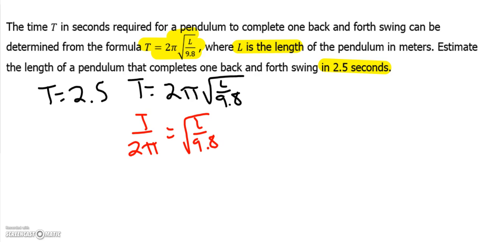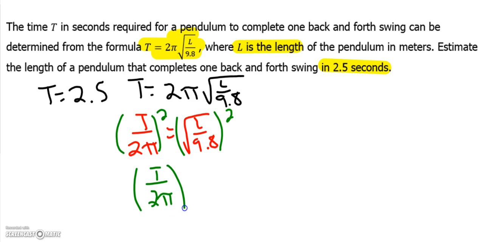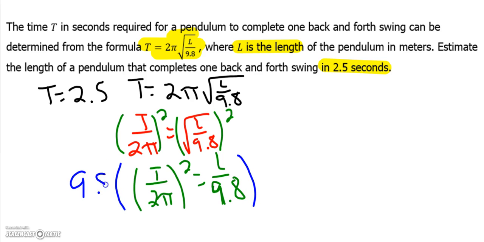Now, looking at this, what is the only function that undoes the square root function? The squared function. So we're going to square both sides. So I have (t divided by 2 pi) quantity squared is equal to L divided by 9.8. Now I need to get that 9.8 to the other side. So that means I'm going to have to multiply both sides by 9.8. So that'll cancel. So you get L is equal to